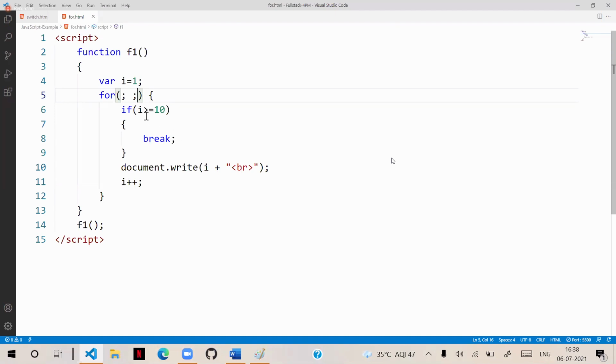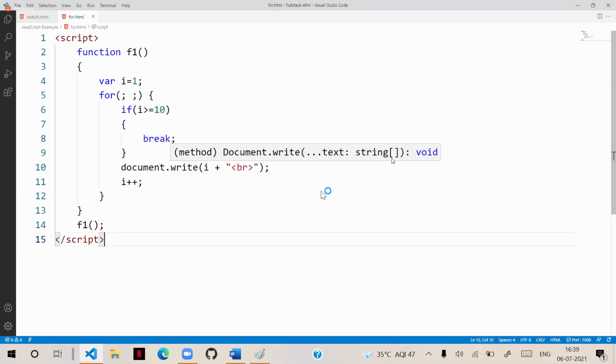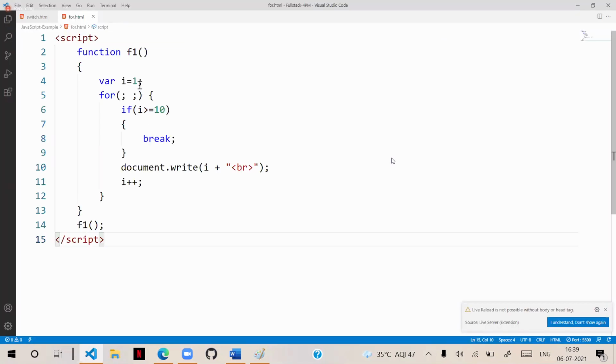But conditions, how do you write them? Conditions you have to write through an if block. And what should happen if it is greater than 10? Then you have to tell that, so you just put this break. Then it looks good. Now when I run this, it is going to print those values and display them. So you can start, you can configure, and you can print the values.